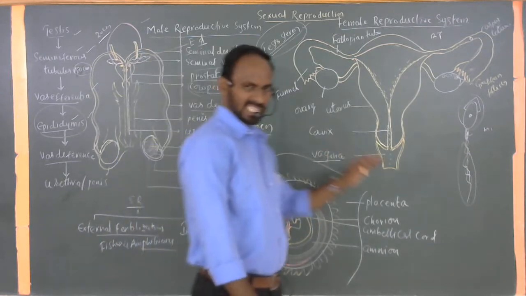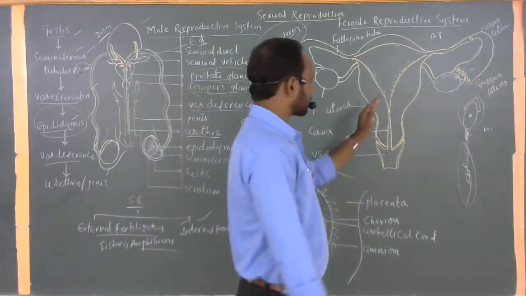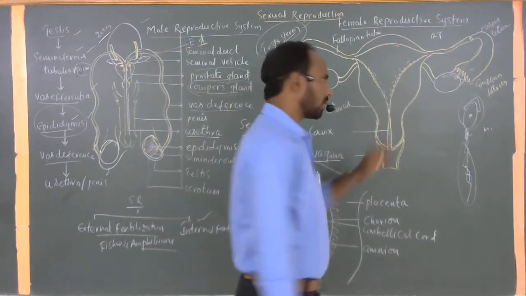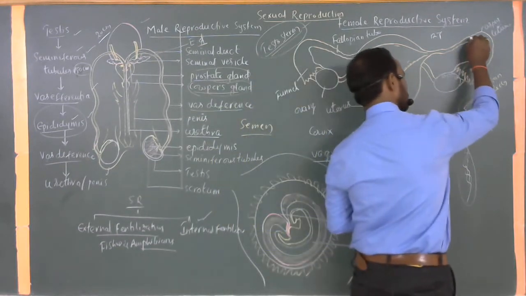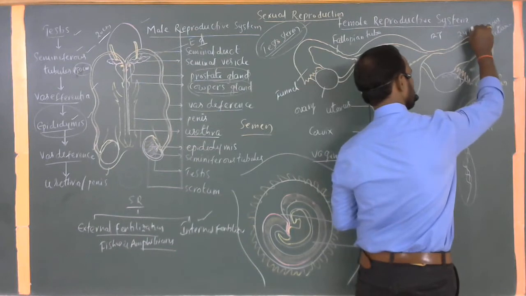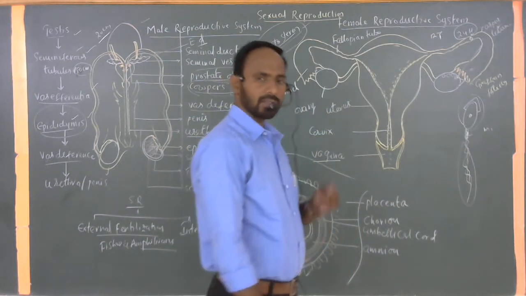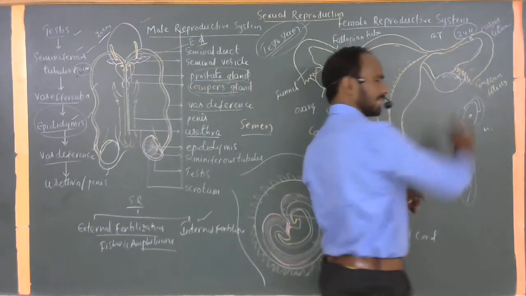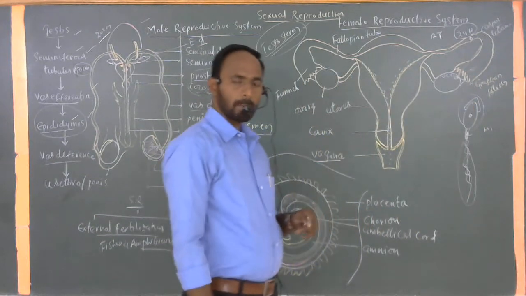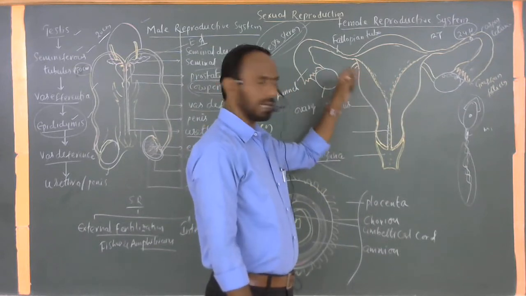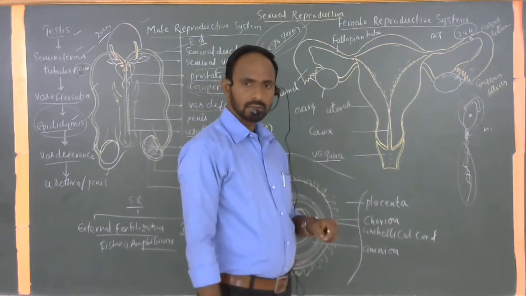For example, if the sperm cells are not introduced by the coitus process, the egg can stay only up to 24 hours. The lifespan of the egg is 24 hours. After 24 hours, the egg automatically degenerates. By the onset of 28 to 30 days, the egg degenerates and is automatically flushed out